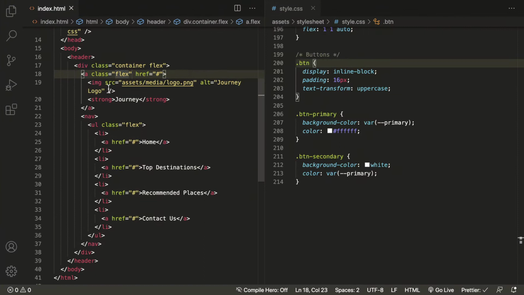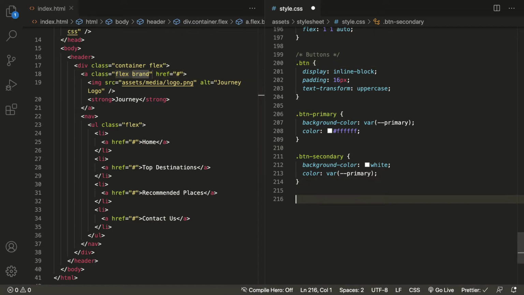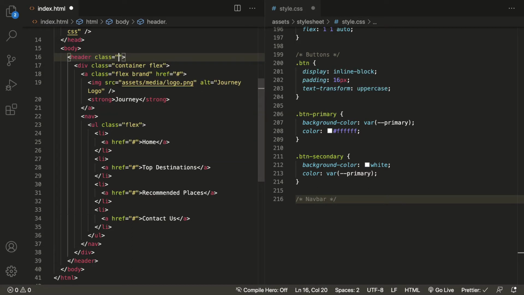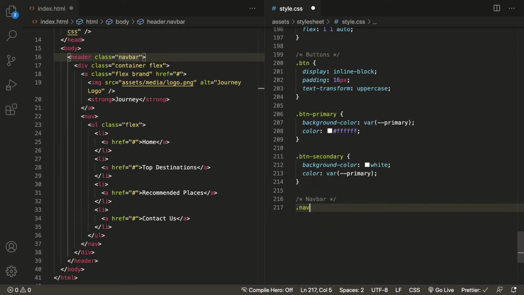Nice. Okay, cool. So now let's start providing classes. First of all, let's provide a class to the brand. From here, let's apply a class navbar. So let's apply the class navbar here, target it,